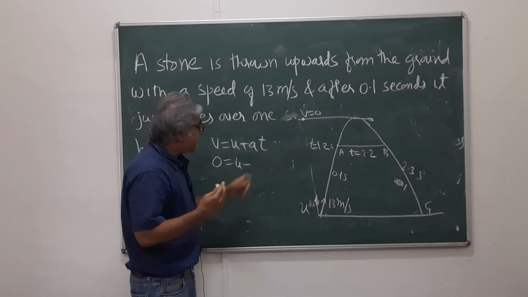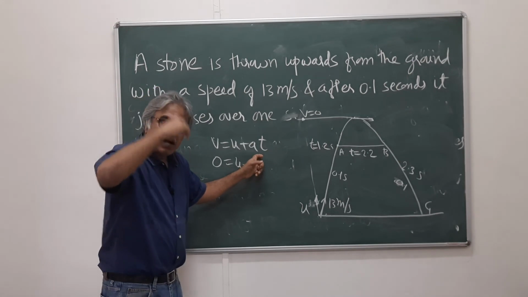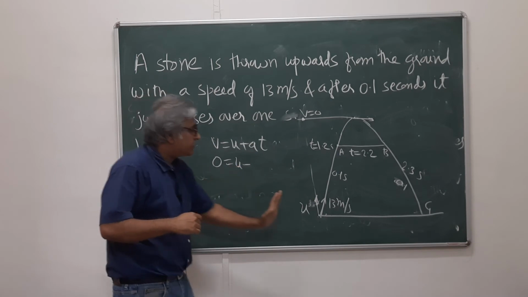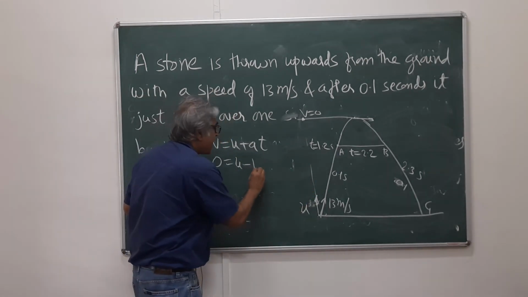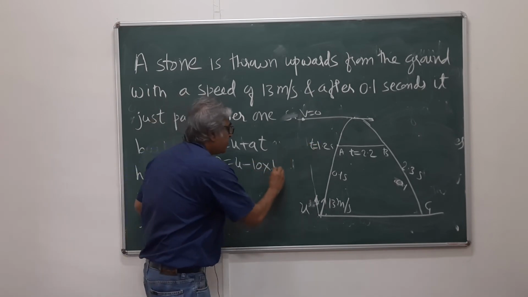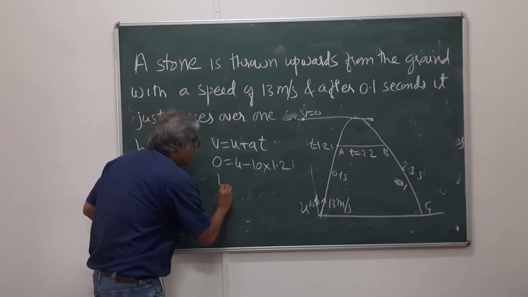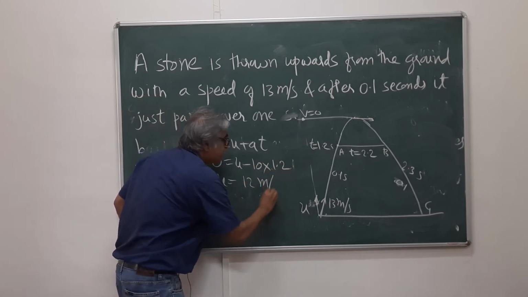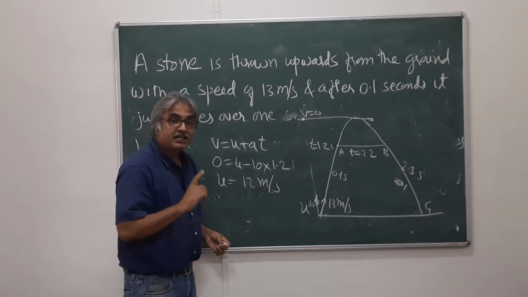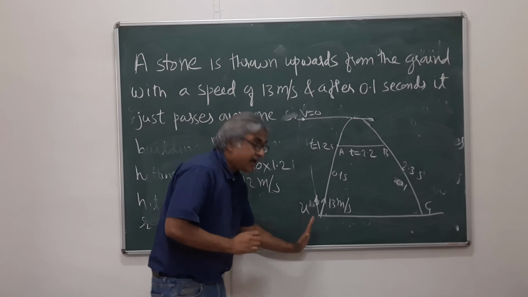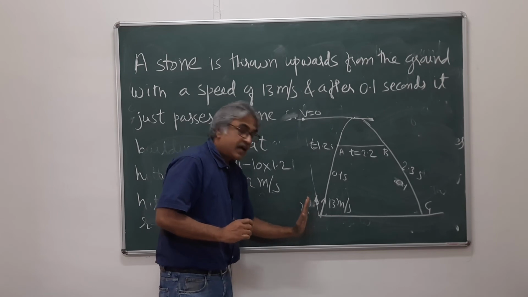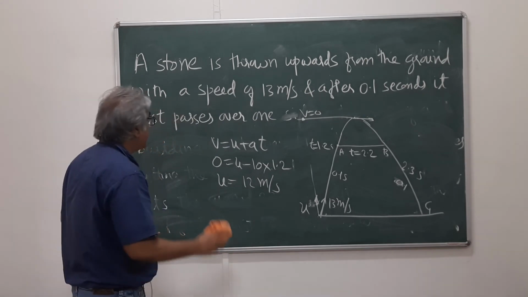Now what is A? A is acceleration due to gravity, which is downward, and we are going to take it as 10 meters per second square, downward as negative, and U is vertically upward, which will be positive. So this is minus 10, time we have said it is 1.2, right? So U is equal to, taking it to the left hand side, 10 into 1.2, which is 12 meters per second. U is 12 meters per second, that is the initial vertical component of the velocity, which is 13 in total, but the vertical component is 12. Now if that is known, your next task is very easy.